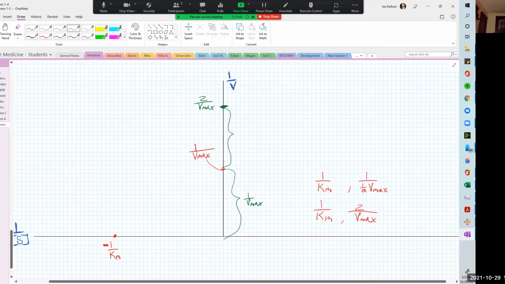See what I'm saying? Which is the same as 1 over 1/2 Vmax. And so the 1 over Km spot is just the x value at 2 over Vmax. And so you just find 1 over Vmax, which is your y-intercept. That's easy. And then go up again that same distance, and then just go over to the right